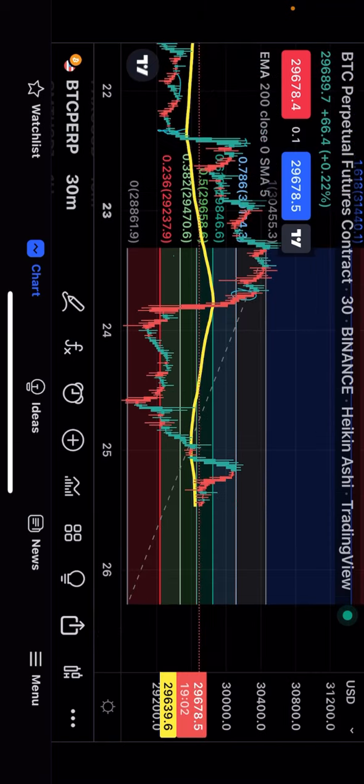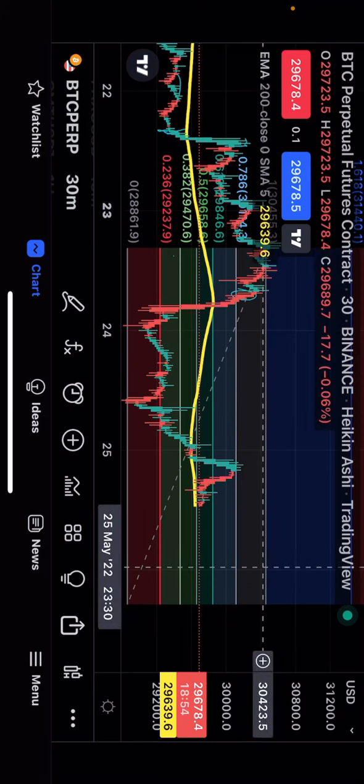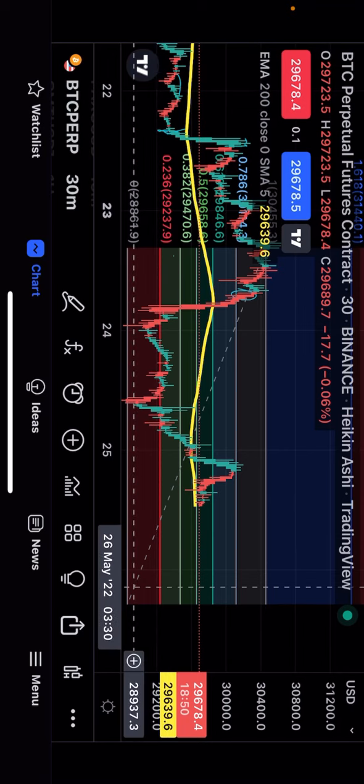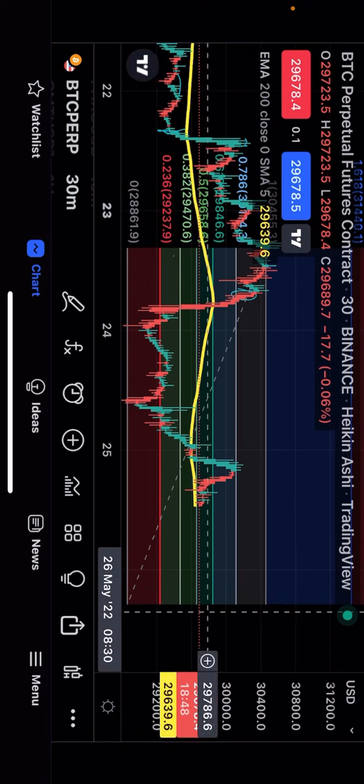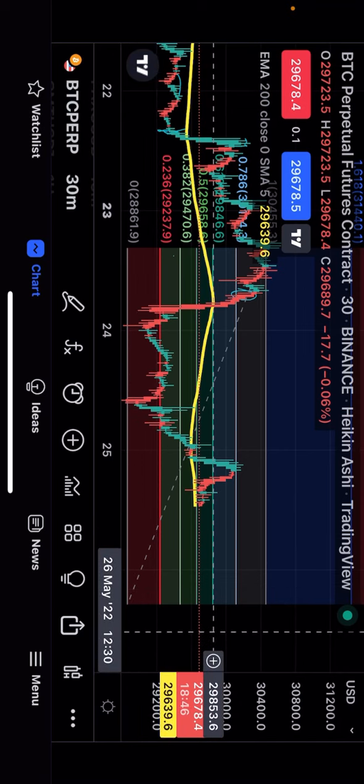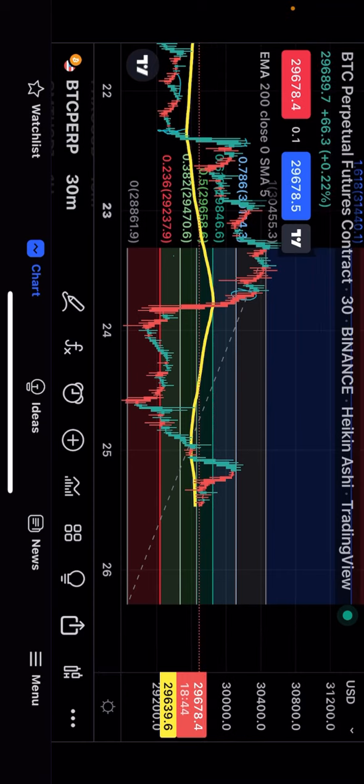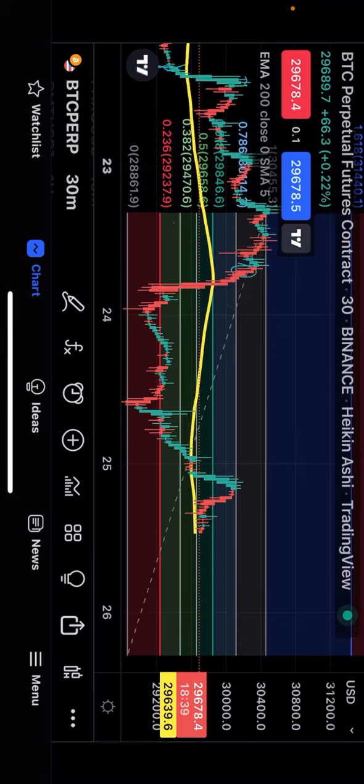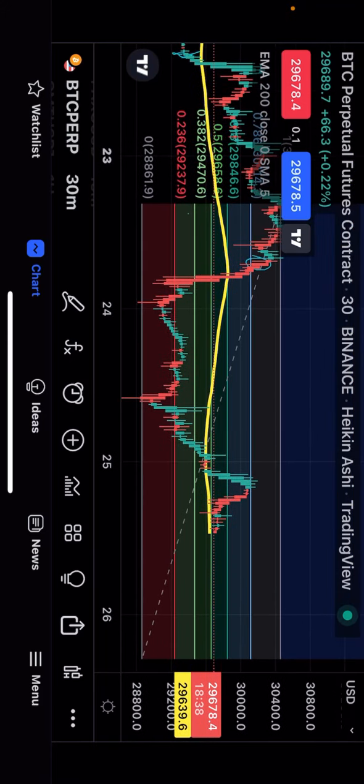So right now, we're looking for our take profit, entry, and exit. Remember, I told you this for short positions. This is your stop loss. This is your take profit, and somewhere in between all this line should be your entry positions. So what you do next is you wait for 3